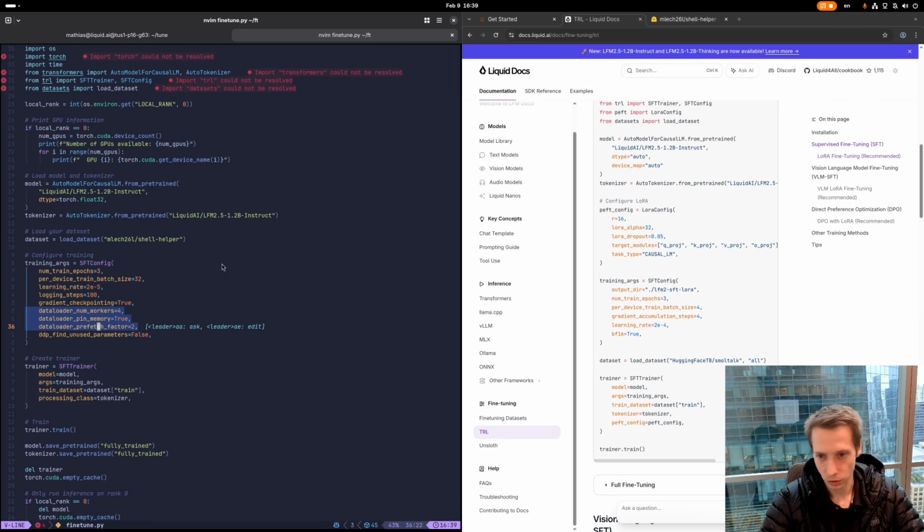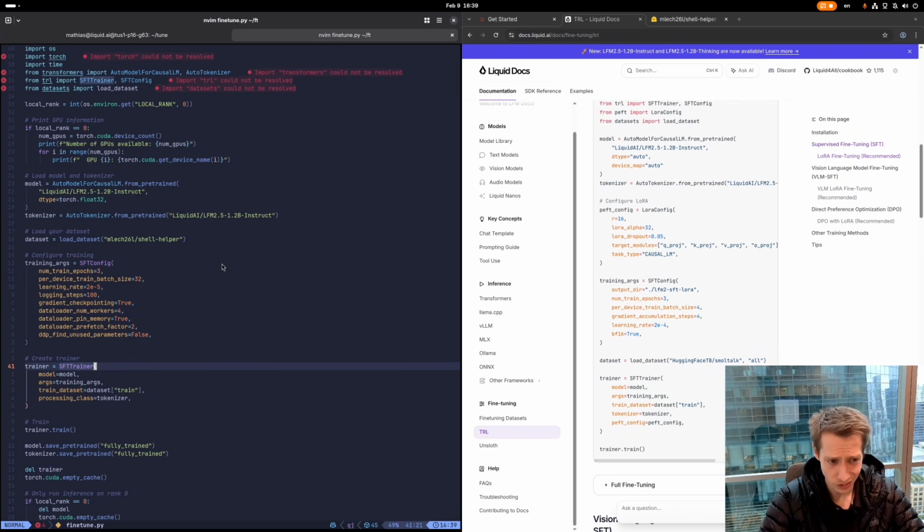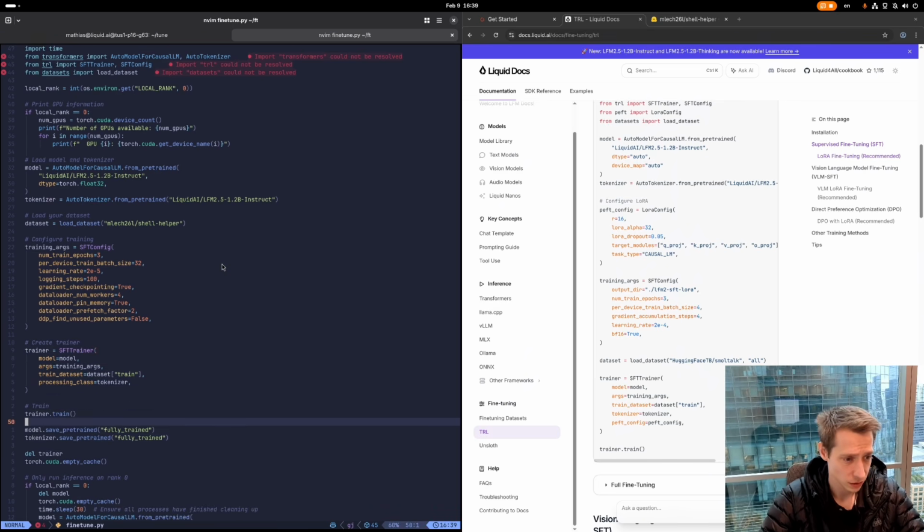For the data loader, which we don't have in the Liquid AI docs but have in this example, it's just so that we don't starve the GPU, because these are very powerful GPUs. So we want to spawn 4 different processes that fetch the data, prepare it, and make it ready for the GPU to consume quickly. Finally, we instantiate the SFT trainer, which configures the model and so on, we train it,